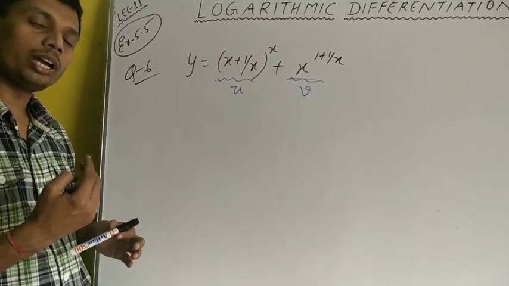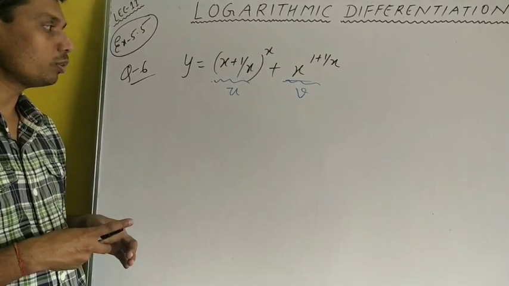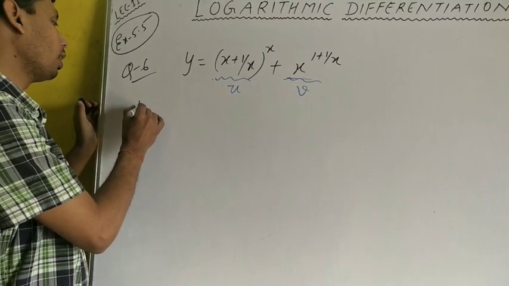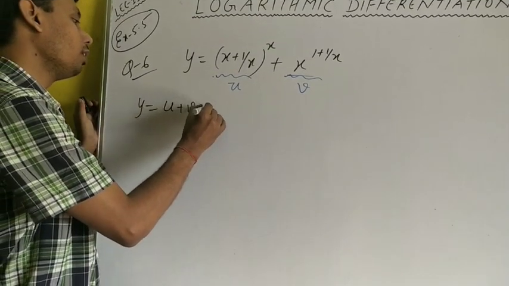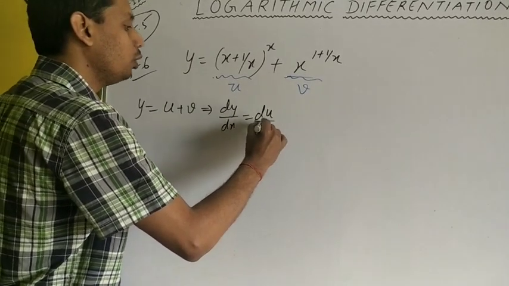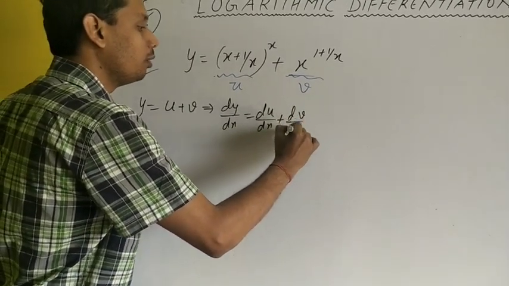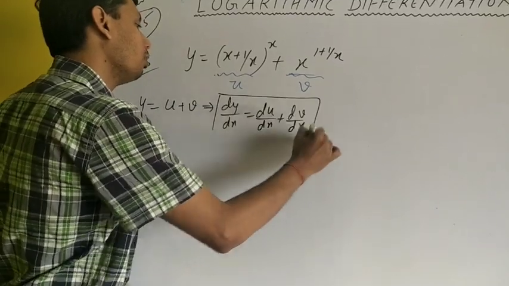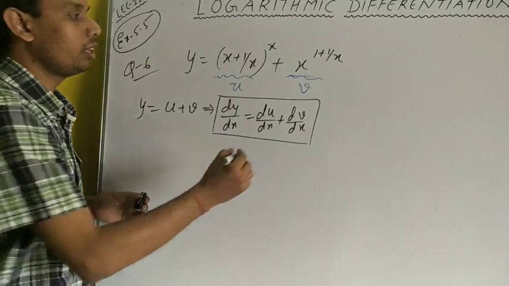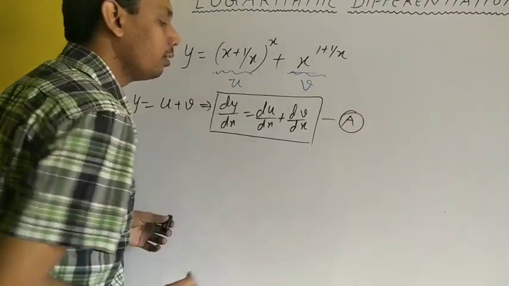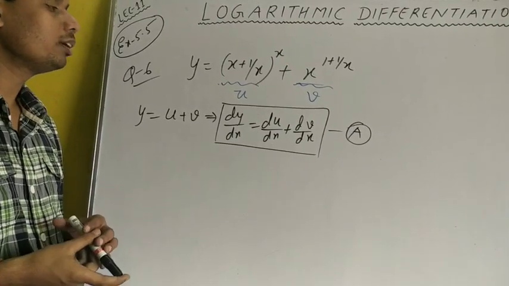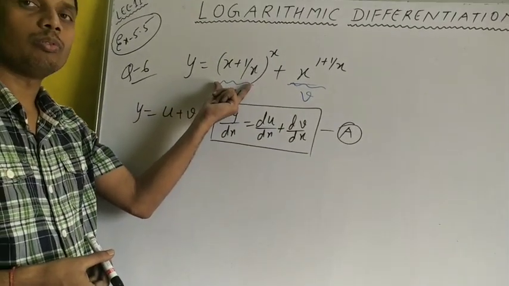And for that we have two choices. The first one: let us assume this as u, this as v, then the value of y will be u plus v. This implies that dy by dx will be du by dx plus dv by dx. Now separately we will calculate the values of du by dx and dv by dx, and then we will substitute in this equation. One method is this, and the second method is that we will express this in the form of